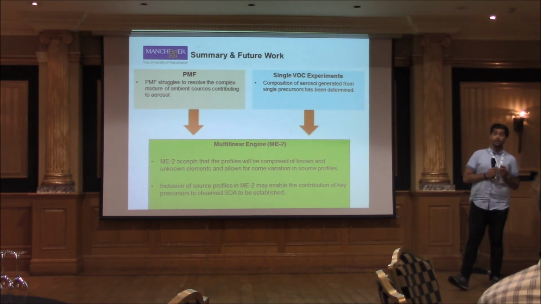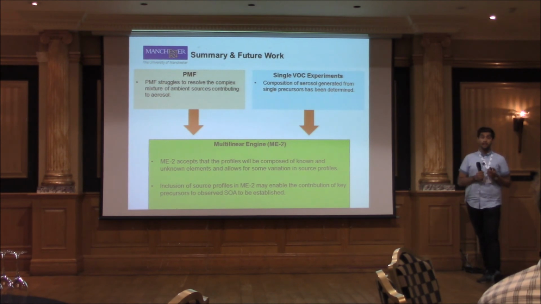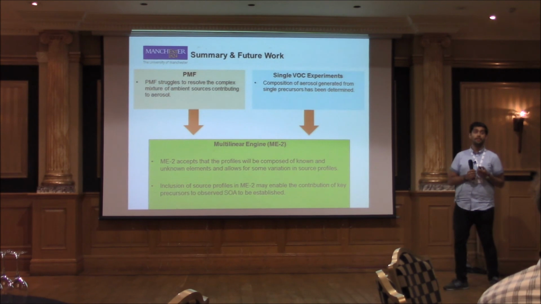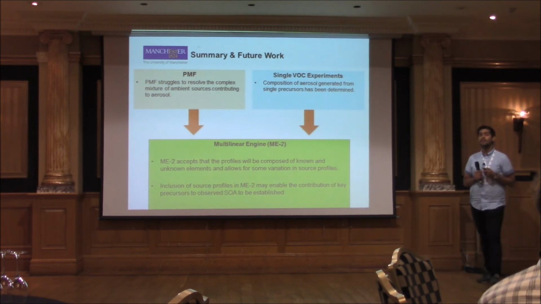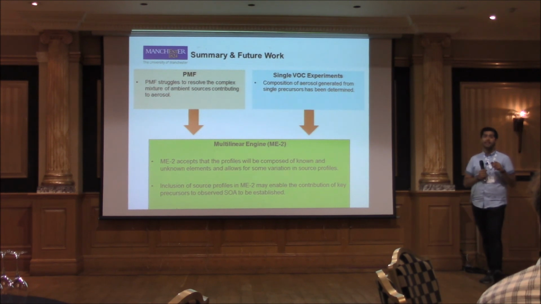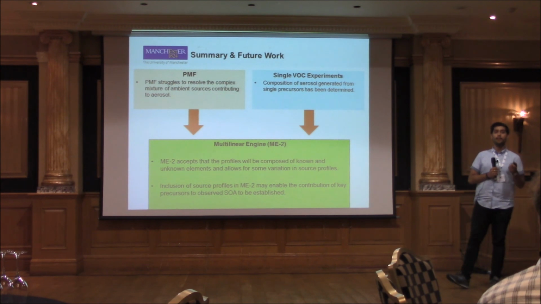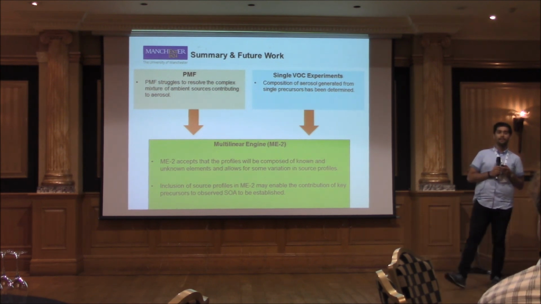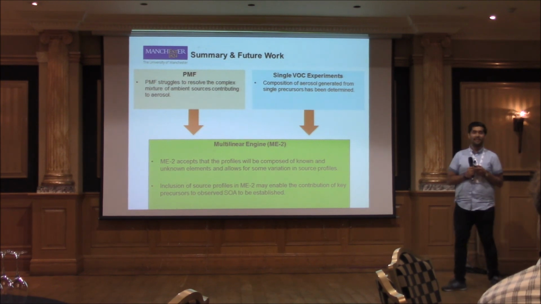So I can bring those together in a different technique, which is very similar to the PMF I've just described. But in PMF, you give it no a priori information. You don't tell it that you know anything. In this technique, I'm going to say, hey, I know what the aerosol from trimethylbenzene should look like, so constrain that, and then figure out the rest in a PMF type approach. Hopefully that'll help me figure out this problem a little better, and then I need to apply it to the other data sets.